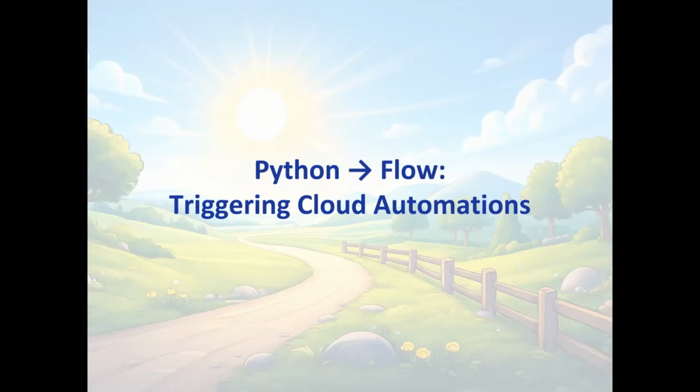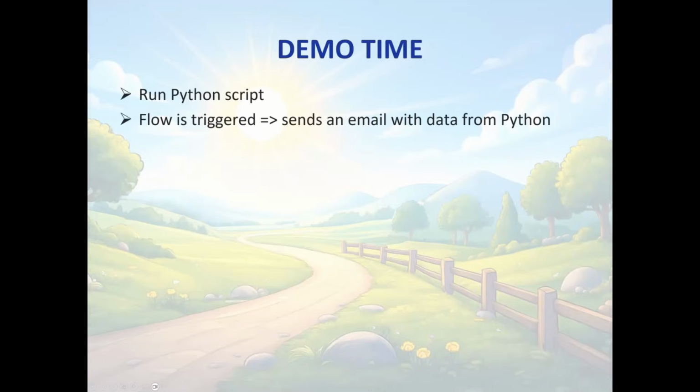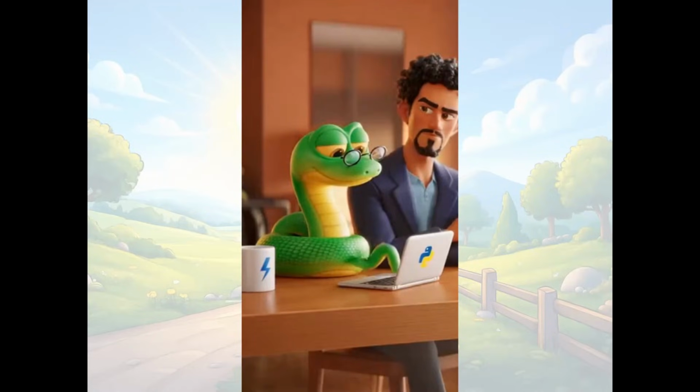Okay, so next, that was the flow triggering Python. Now we're going to have Python trigger the flow, hopefully a lot smoother than before. So we're going to run a Python script. The flow is going to be triggered, and then